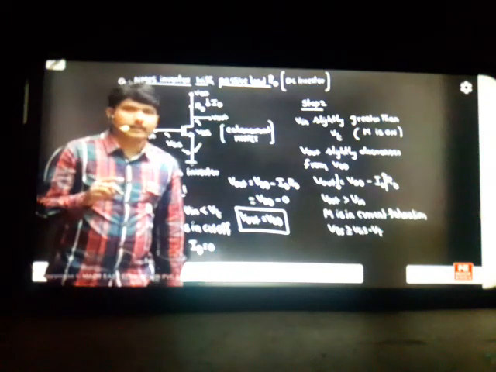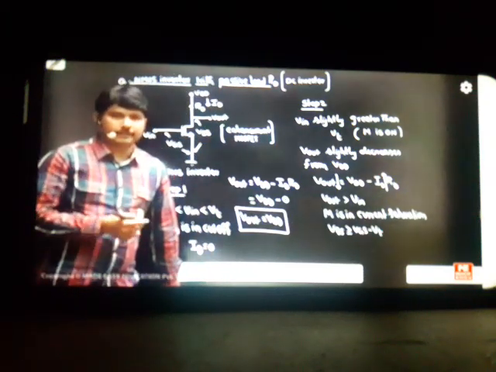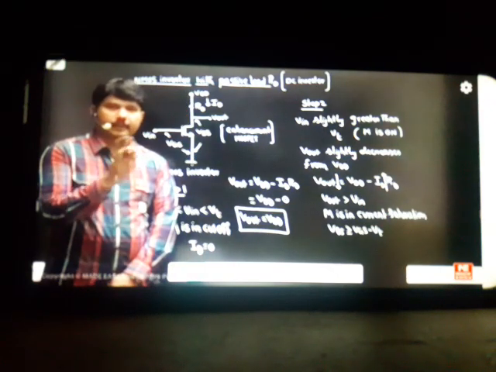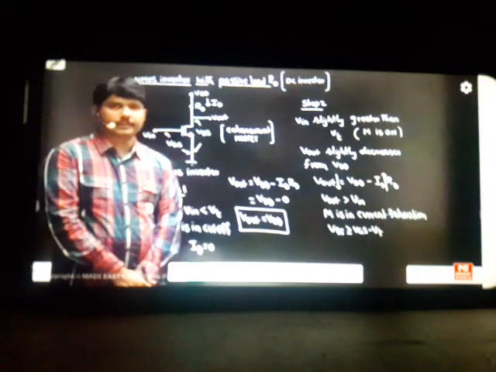According to the board, V out and VDS are the same, and VIN and VGS are the same. If you just compare that VDS is greater than VGS minus VT, that is enough. If it is greater, you are in current saturation. So I understood that when the switch is off first, initially, when the input is slightly greater than threshold, you're not going to triode region, you're going to current saturation.